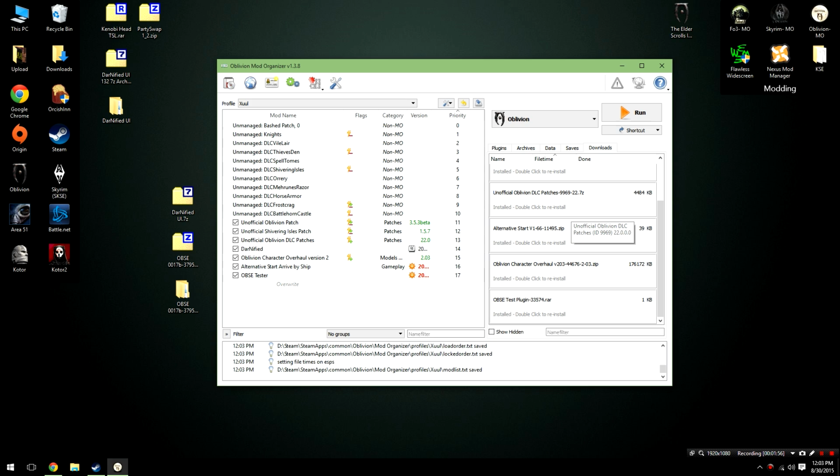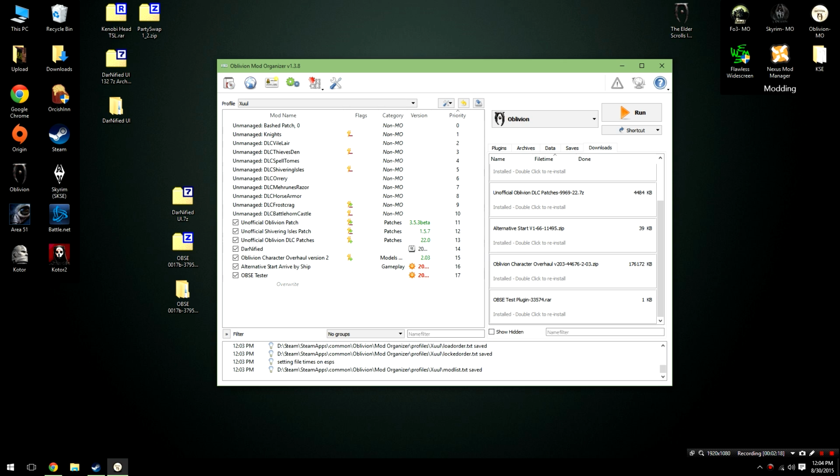Now that we have our tester mods installed, you can go ahead and try launching Oblivion by clicking the Run button with Oblivion selected, because trying to launch it with OBSE will not work since we are using the Steam version. Once you've done that, try starting a new game and see what happens. If your computer setup is like mine, then you will run into some problems and you will still appear in